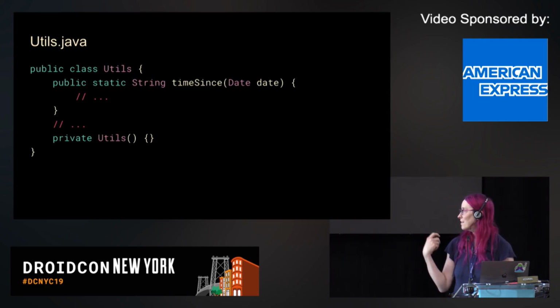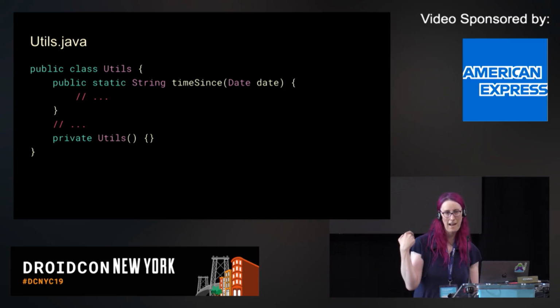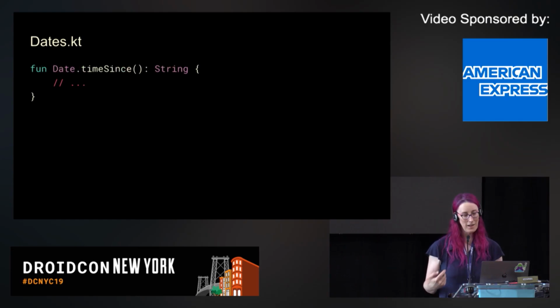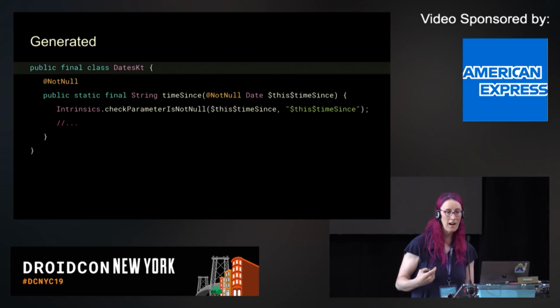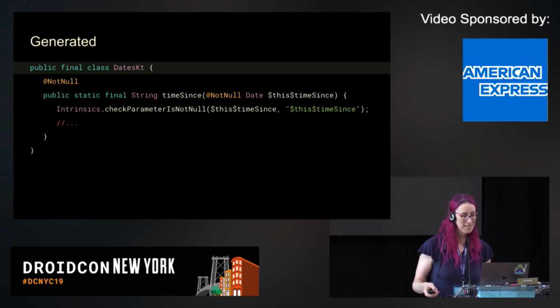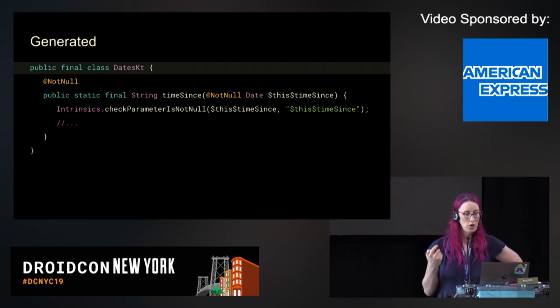Let's imagine that we've got this utils class. I'm sure that no one has a class like this in their app, but if we did, it might look like this. Let's say we wanted to update this, and it looks much better as an extension function. So we write some code like this, and then the Kotlin compiler creates some bytecode that looks something like this. And then you realize